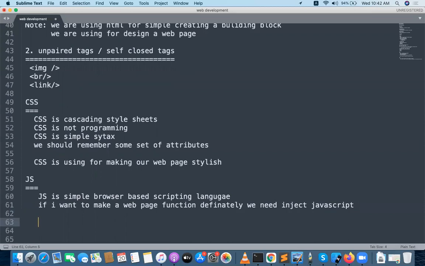With HTML and CSS only, you are going to be creating templates.